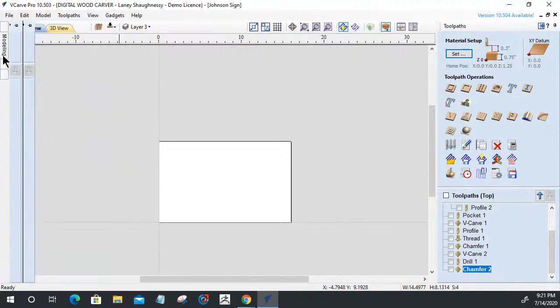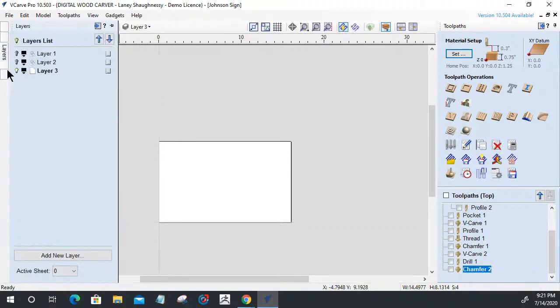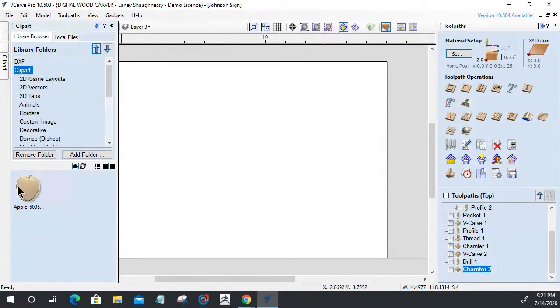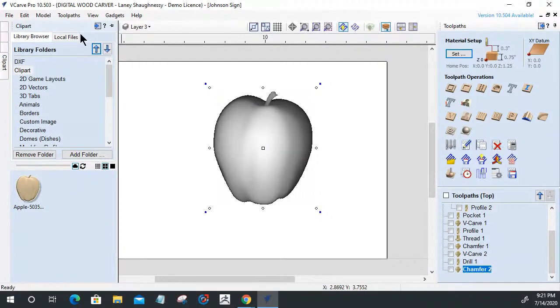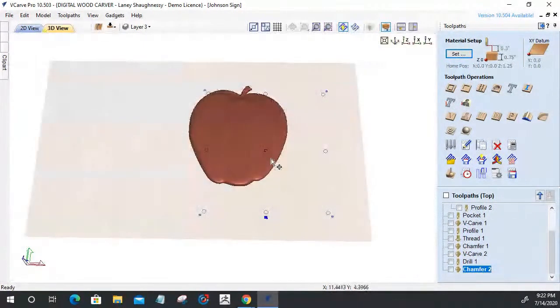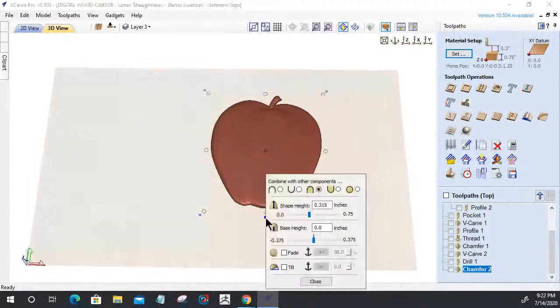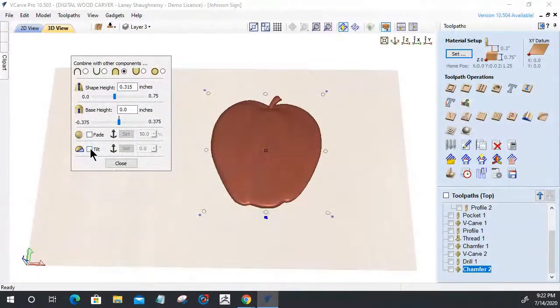Because I want to talk about modeling here in a minute. Let's get a model in here. Where's my clip art at? Okay. I'm going to go into the 3D view, and I'm going to click on this little blue square down here. That'll give me the properties here. So when it comes to the tilt,